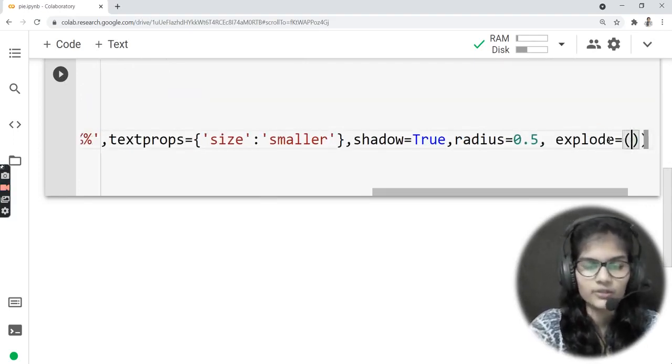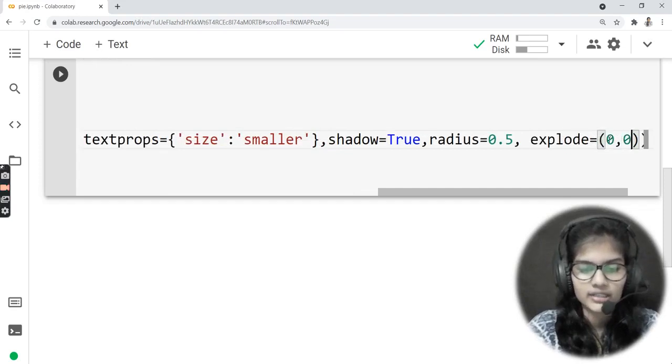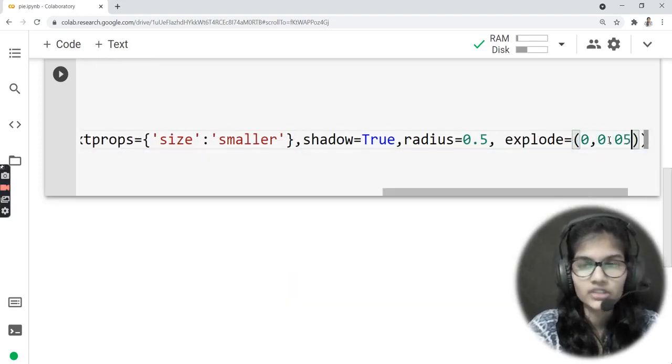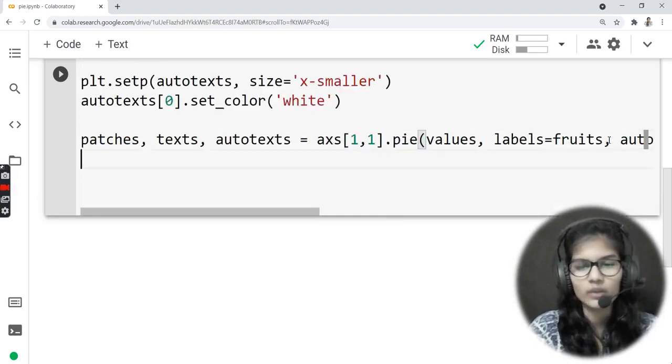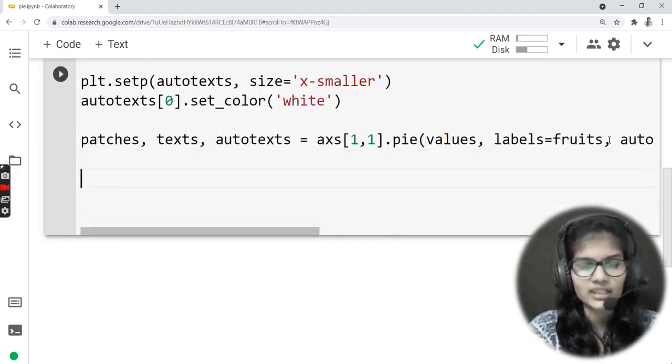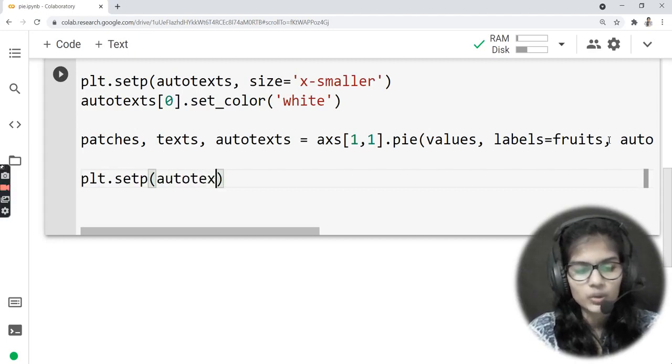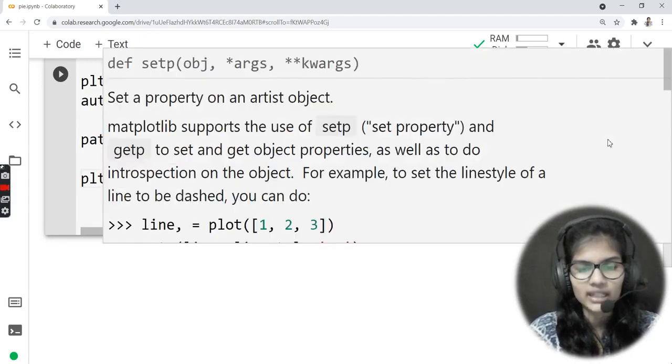Okay, explode is equal to 0, comma, let's say 0.05, comma 0, comma 0. Fine, explode also I have added out here. Again, I'll be setting up the plt, so that is plt.setp. Into the bracket, I have autotext, comma, what about my size? So size would be again